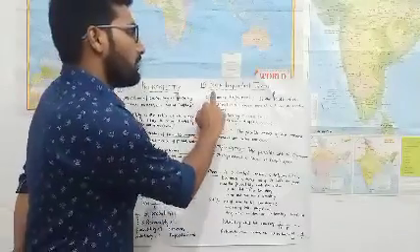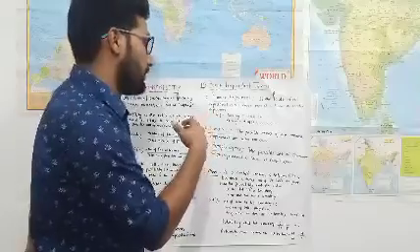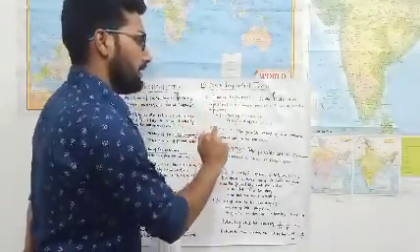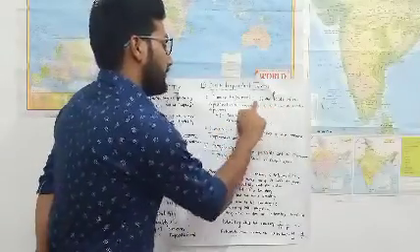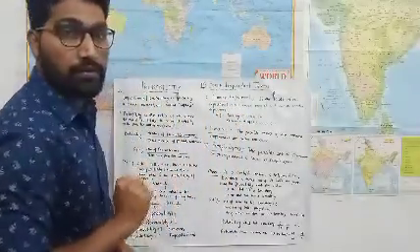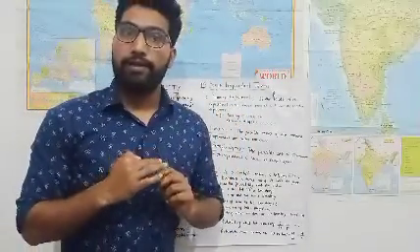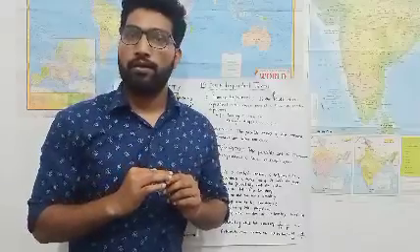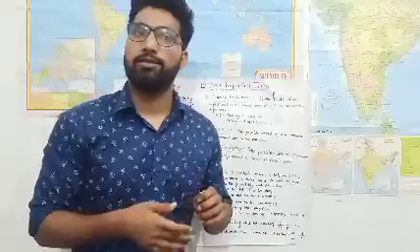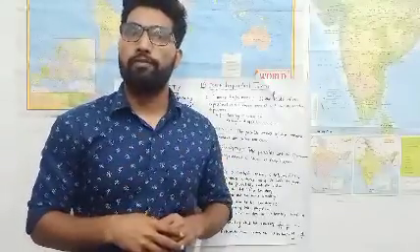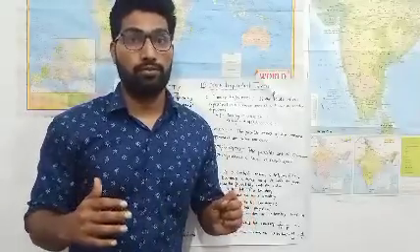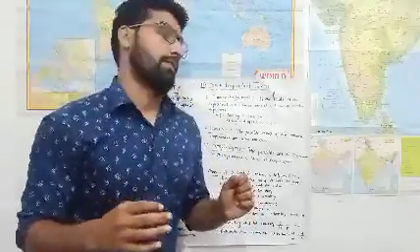Next, some important terms which are often used in this chapter. First is the random experiment. If the result of the experiment is not known, then it is known as a random experiment. While tossing a coin, we don't know what result comes out. It may be head, it may be tail. So this is a random experiment. While rolling a dice, we don't know what result comes out. So this is a random experiment.